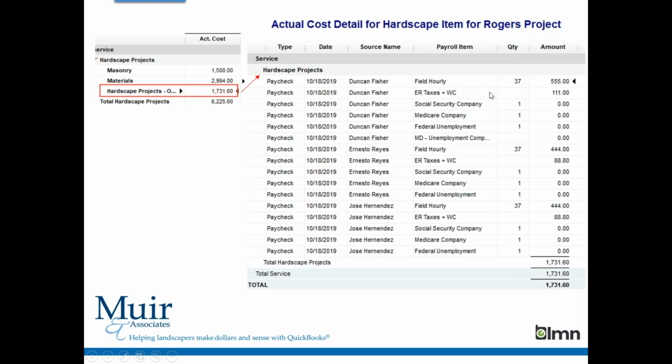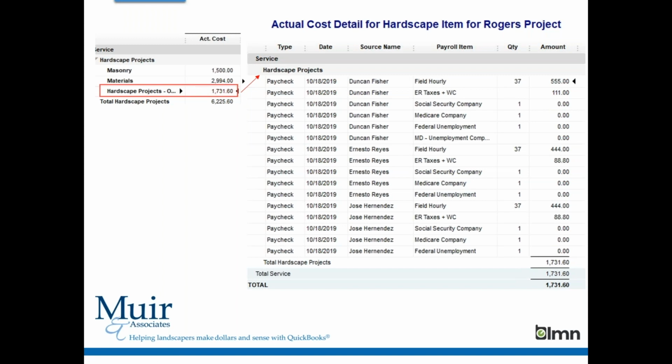Now, if you really had the payroll turned on, you would actually have numbers for your Social Security, Medicare, and your unemployment. I just had a lump number in here, but the beauty of it is it doesn't matter if they were there for 15 minutes or an hour and a half. QuickBooks takes care of prorating it for you,